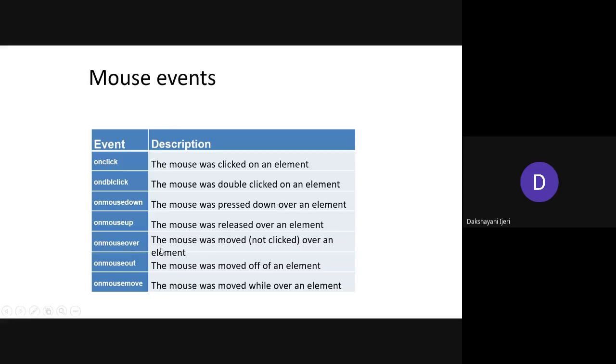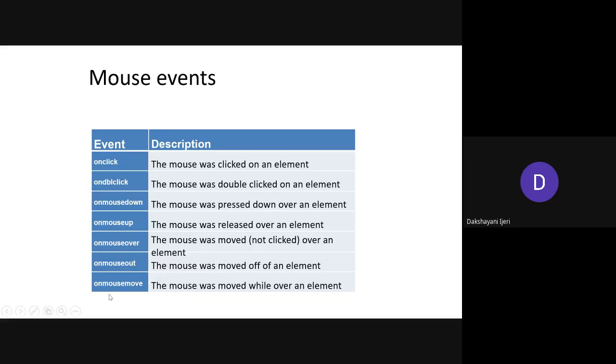The onmouseover event is for when the mouse is moved over a particular element. If you place the cursor on some location, that is said to be onmouseover. If you want some action to be performed when you move the cursor onto specific content, you can write the action for this event. In contrast, onmouseout is when you move the cursor out of that element; at that time, what action do you want to perform.